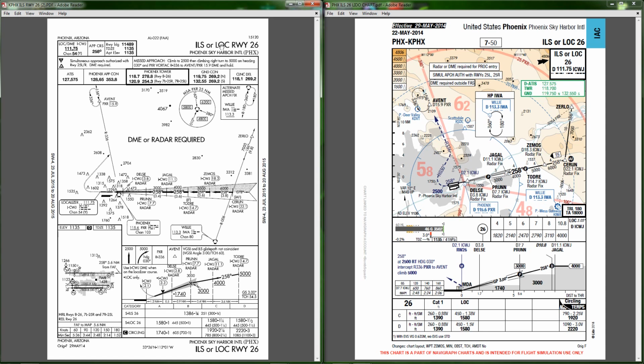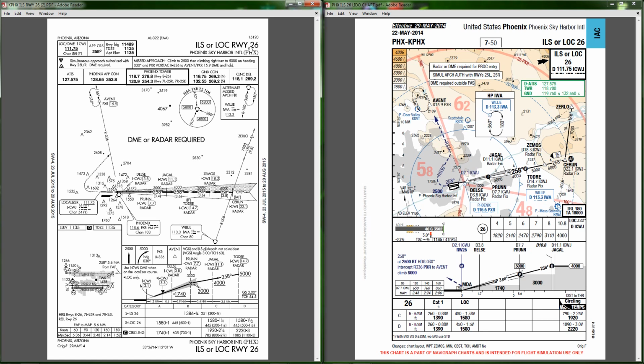If the approach course, that's this dark black line, is within 30 degrees of the center line of the runway, that being the direction of the center line of the runway, so in this case it's 258 degrees. We're on ILS, so it's directly in. But if it's within 30 degrees of that center line of the runway, then you'll have a runway number on